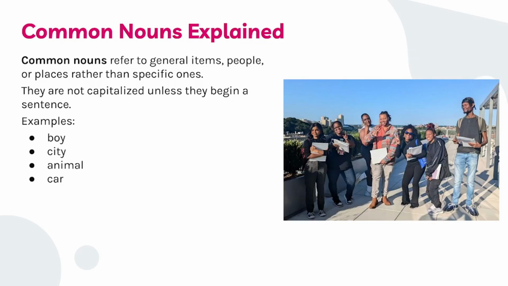Now let's start with the first type of nouns we're going to handle today: common nouns. Common nouns refer to general items, people, or places rather than specific ones. So it's straightforward. Common nouns refer to general items, general here, not specific, general people, places rather than specific. And when writing,